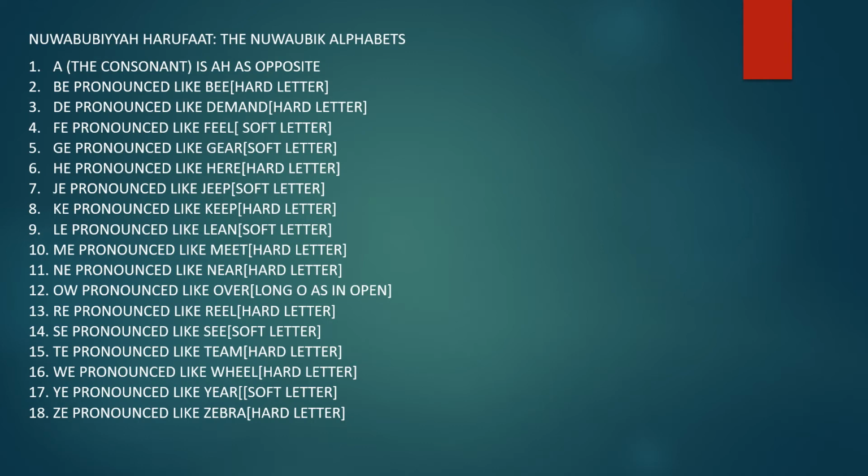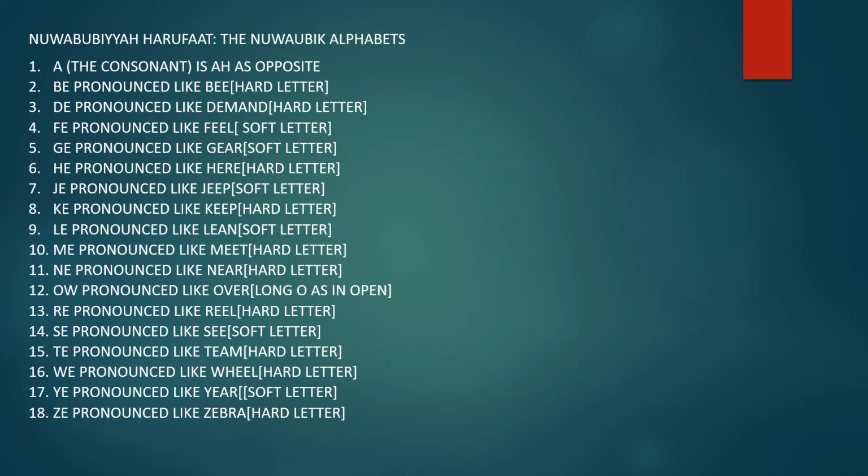So let's go to the 13th letter of the Nuwaubik alphabet. That's ri. All R's must be rolled. There are very few words with double R's, but the double R has a harder sound. That's not this letter. The single R is just R. Ri, and it's pronounced like real, but just rolled. It is a hard letter, so when a comes after it or precedes it, it should be pronounced ra,